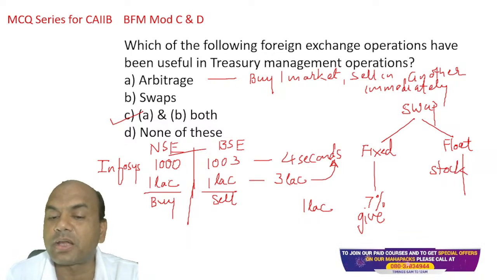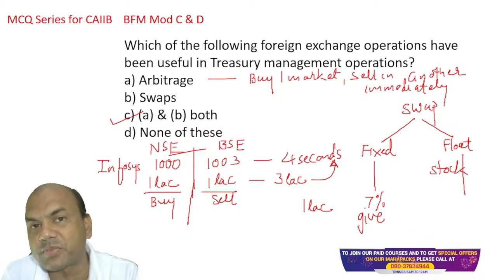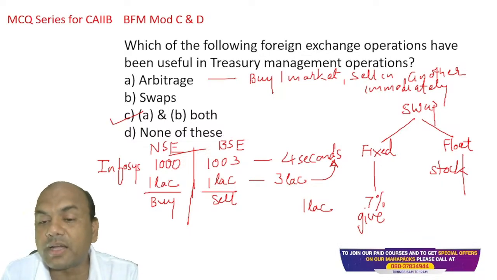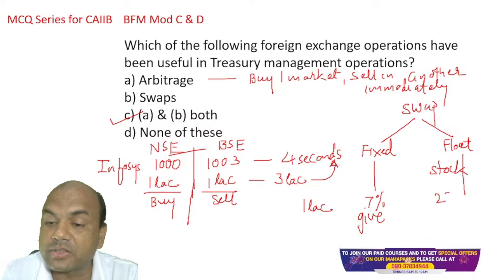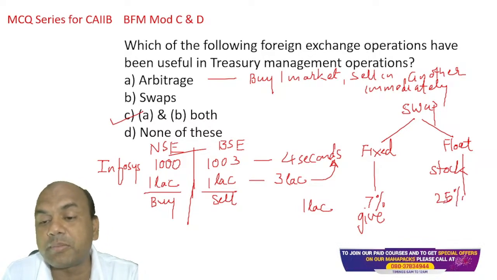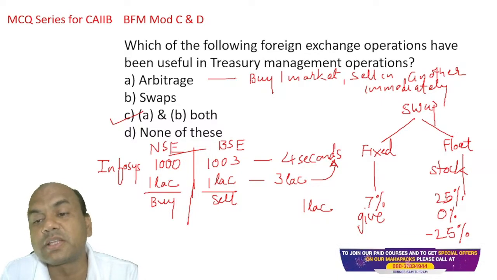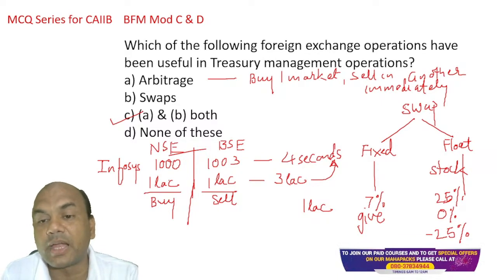Now in this stock market, this 1 lakh rupees I may get at the year end. Here 7% is for the year. So at the year end, I may get 25% returns also, because after all it's stock market, it can give you heavy returns. Or I may get 0% returns also, or I may get minus 25% returns also, negative also. Stocks might go down also. So this is floating and this is fixed.